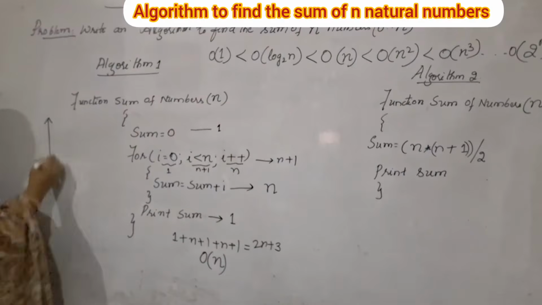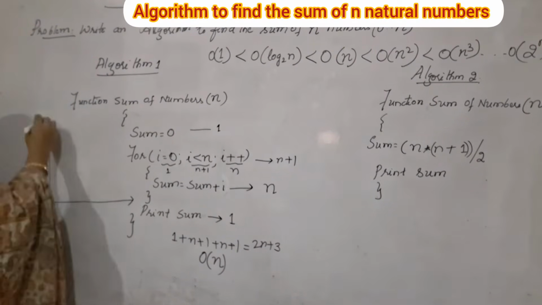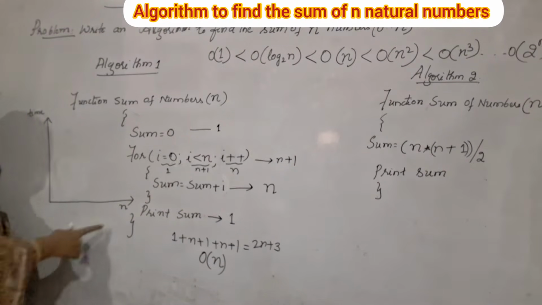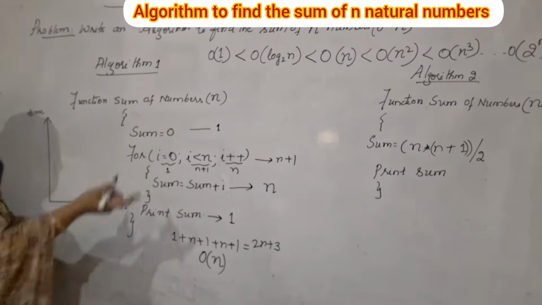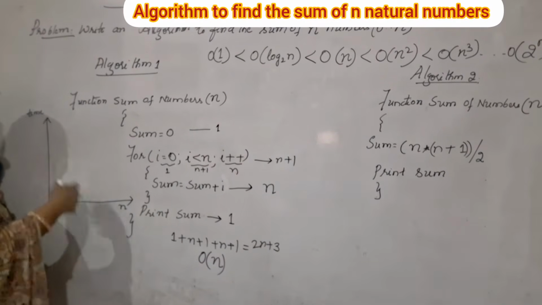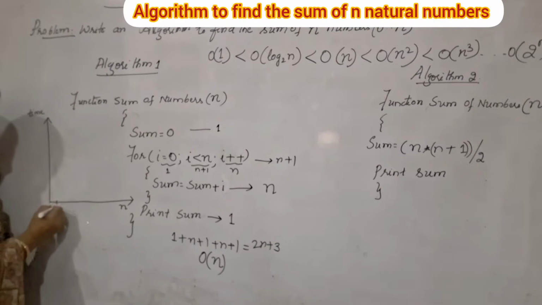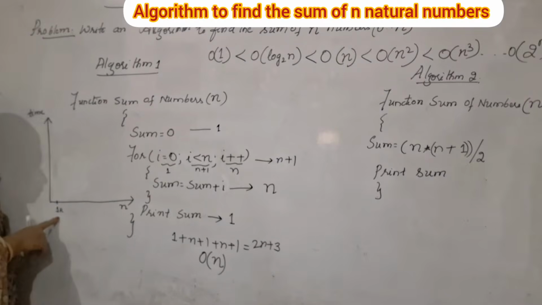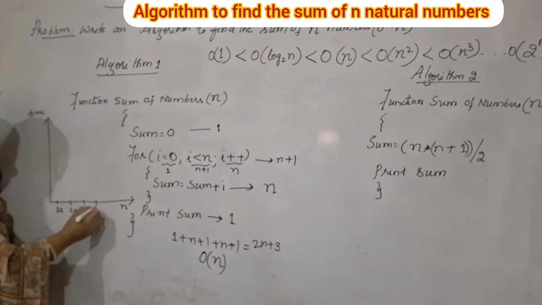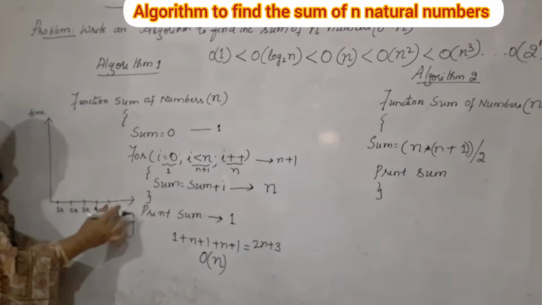So order of n. If you want to plot a graph to show the behavior of this algorithm, you take time on the y-axis, and on the x-axis you take the value of the input n. If n is smaller, it will definitely take less time for the program to get executed. If you take a larger value of n, then it will take more time to complete its job. For example, you give 1000 numbers, then 2000, then 3000, then 5000. Like this you are increasing the value.